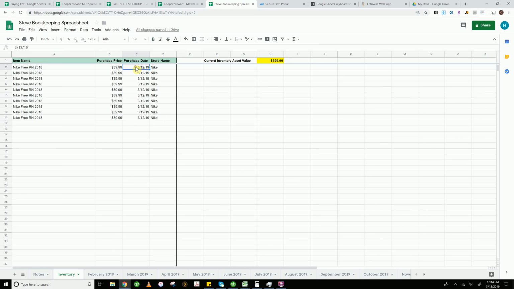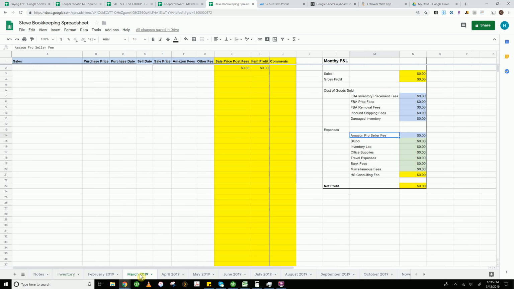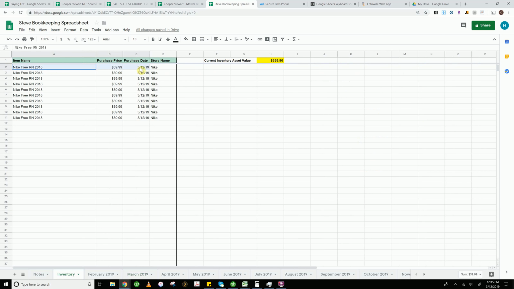So say I bought these today, and say if I send them all in and I sell one, I guess probably let's go March 20th. So the bookkeeper will generate your sales report, which will have sales and costs. So the bookkeeper will go to your March tab, and when she sees a sale of a FreeRN 2018, she'll actually go back to inventory, take the first one on the list because we're doing first in, first out bookkeeping method. Go back to March,